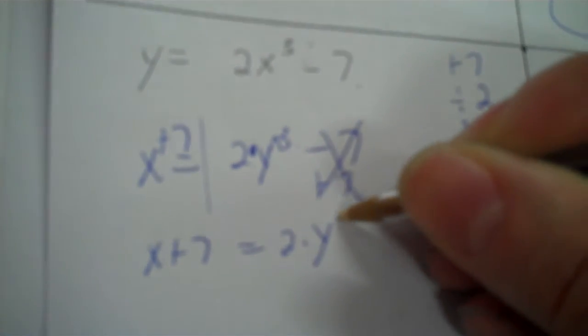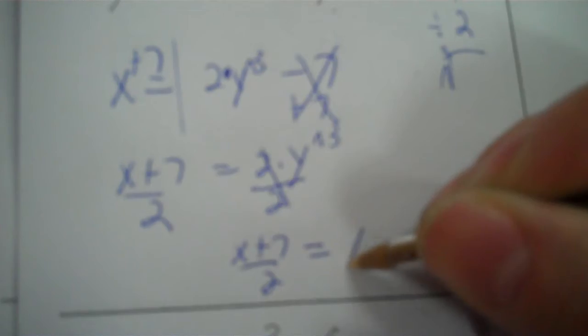So I plus 7. Now I'm at x plus 7 equals 2 times y to the third power. Then I divide by 2. So x plus 7 over 2 equals y to the third power. Now I get rid of my third power by making a cubed root. You just put a cubed root on the other side. Now y is by itself, and it equals the entire cubed root over the entire expression of x plus 7 over 2. By the way, if you had to graph that, you'd do a cubed root, and then